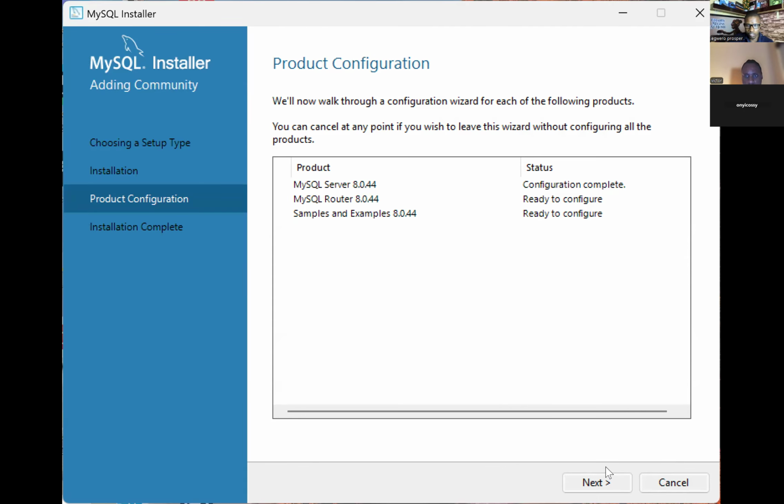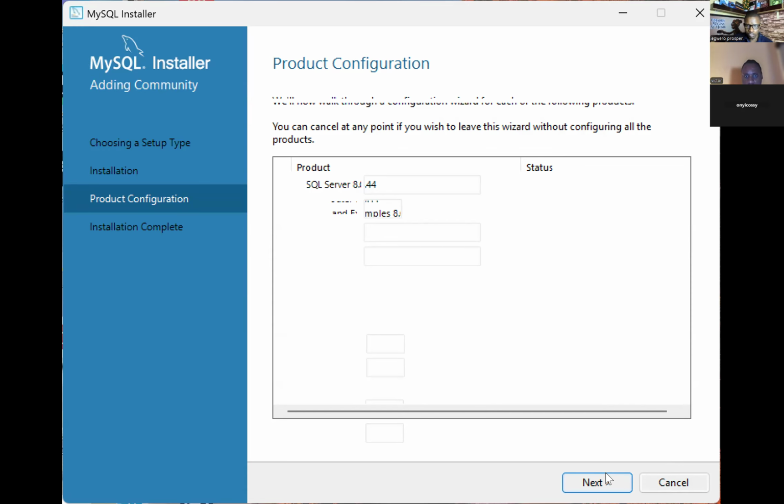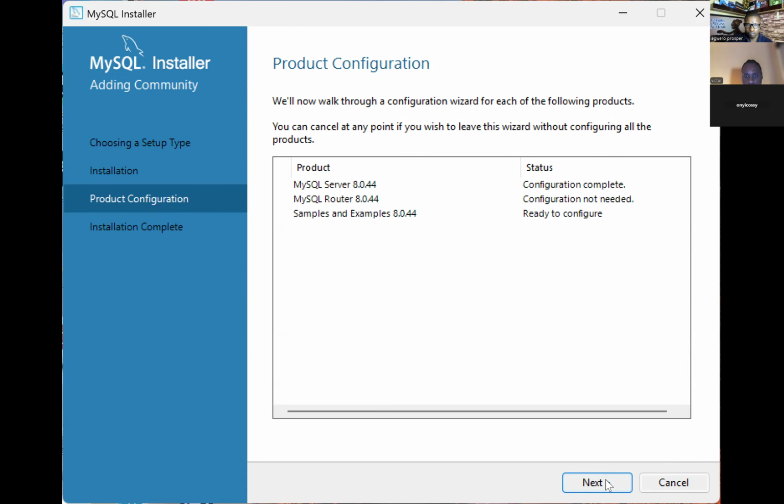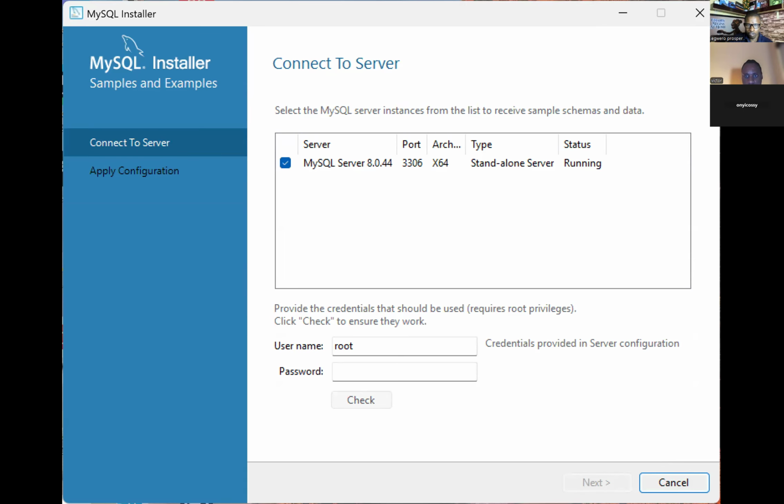Then click on next. Don't worry, still click on the next. Select next. Sorry, finish rather. Click. Okay, now this is where we are going to input that password that you entered the other time in